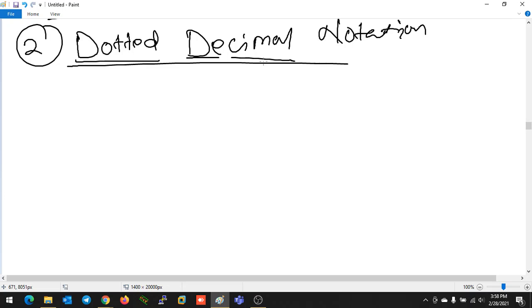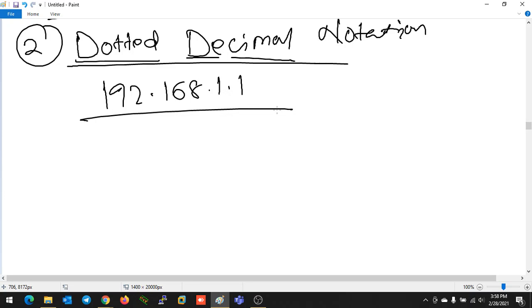For that reason, it is dotted decimal notation. For example, we write an IP address like 192.168.1.1. This is totally in dotted decimal format. Generally, any IP address we configure on our device, or any we receive, is in dotted decimal notation.